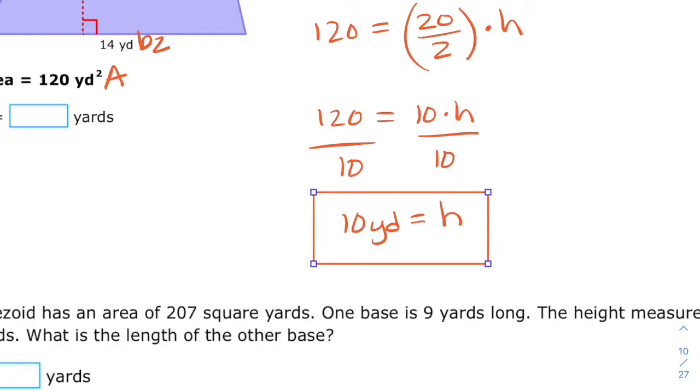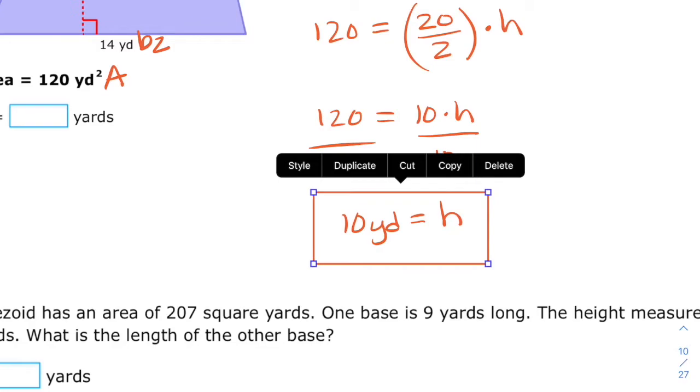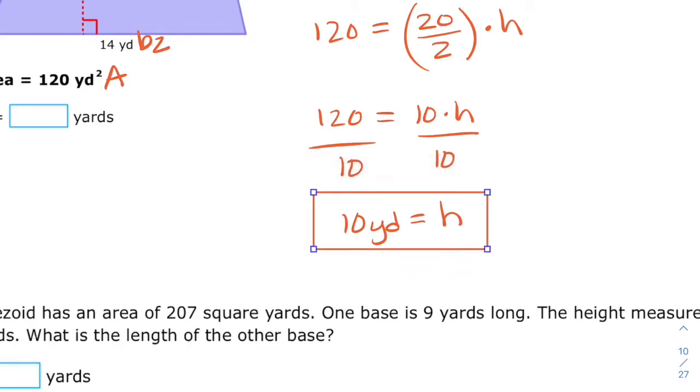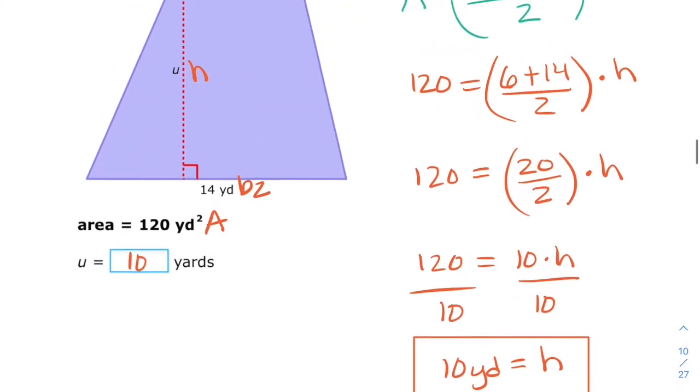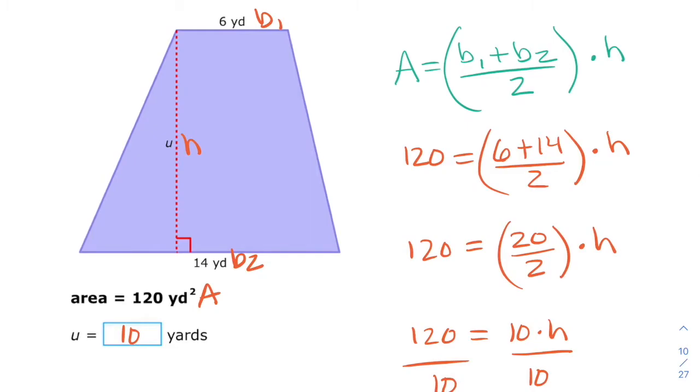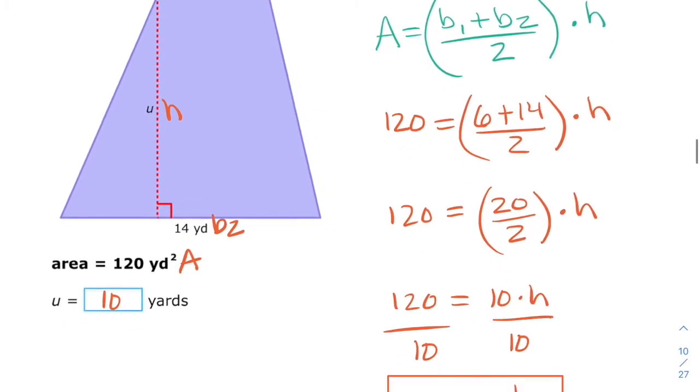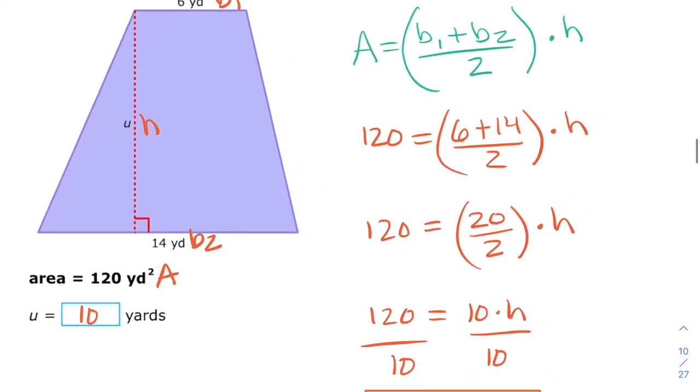So this one's a working backwards problem where we're going to have to solve for the missing piece. Now you can always check your work. Do 6 plus 14 equals, then divide by 2. Don't divide by 2 without it, or you might divide the 14 by 2, and that's not what you want. So add 6 plus 14 equals 20, divided by 2, so now you get 10. And now your height that you found was